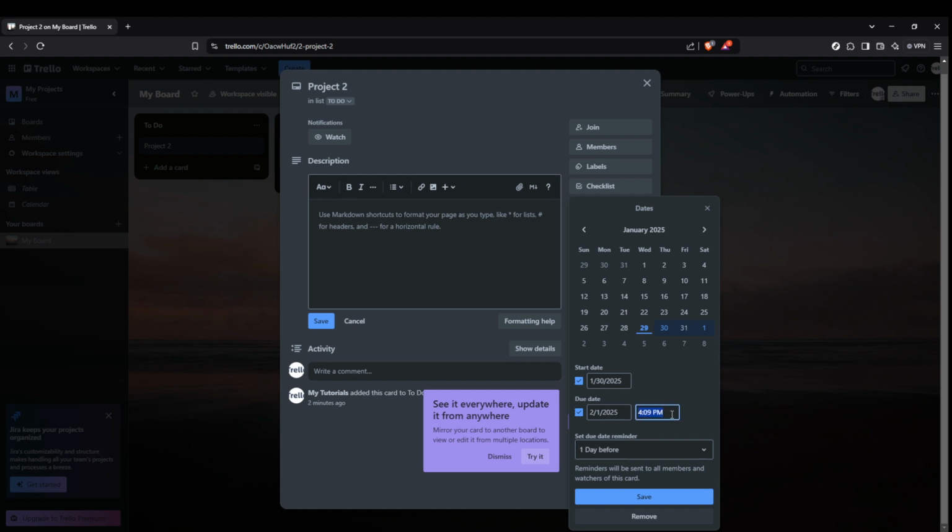Now, let's ensure you don't miss this deadline by setting a reminder. Click on Set Due Date Reminder. You can choose when you wish to be notified about this upcoming deadline, allowing you to stay ahead of your schedule. Once you have your start date, due date and reminders all set, click on Save to apply these changes